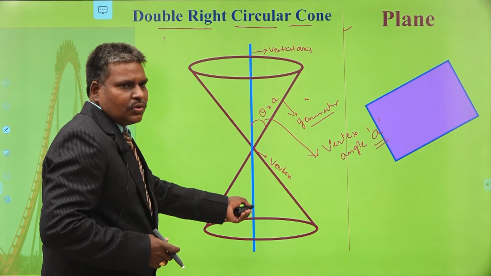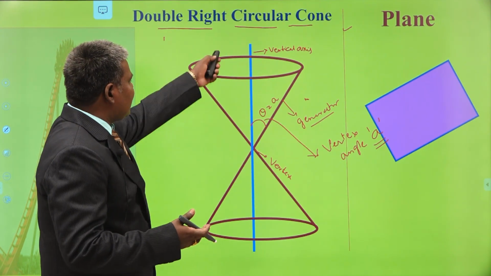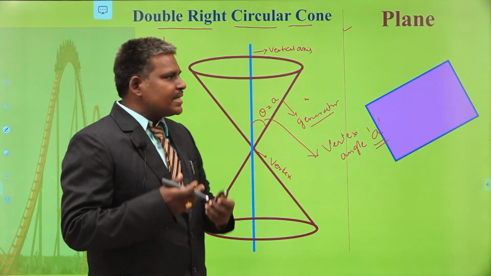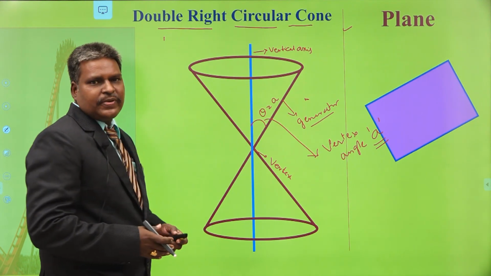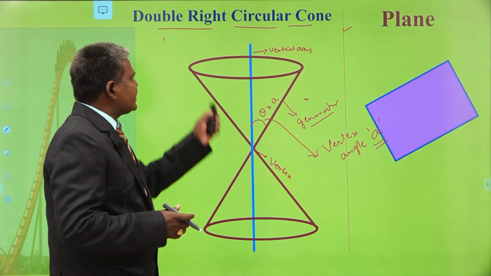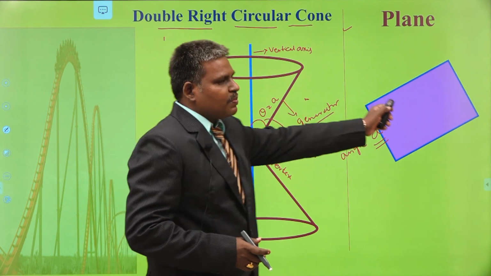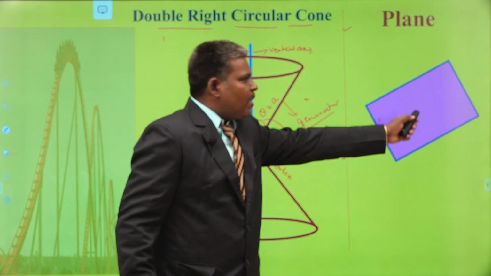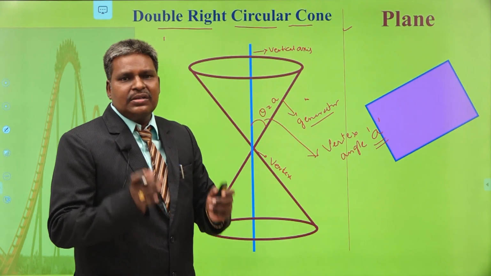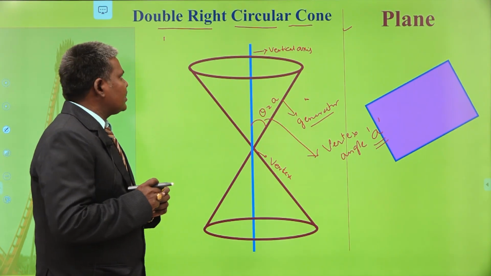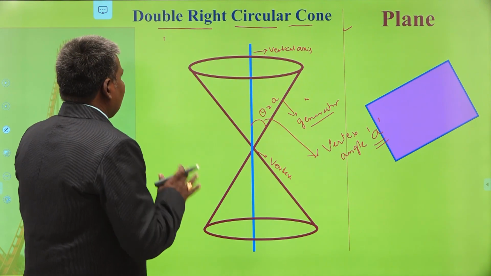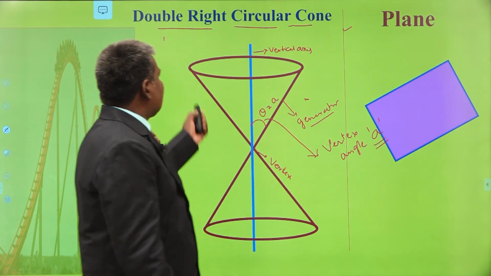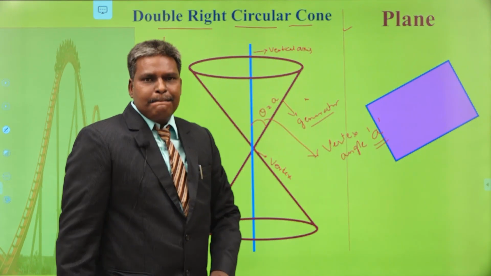So, the name comes from here itself. This is a right circular cone, so the sections obtained from the right circular cone, we call them conic sections. Conic sections are nothing but the two-dimensional figures obtained from the intersection of the double right circular cone with my plane. This is the three-dimensional figure. This is the 2D figure. By intersecting these two, we obtain a two-dimensional figure. Those figures are called conic sections. So, conic sections are obtained from the intersections of these two things: one is the right circular cone and the other one is the plane.